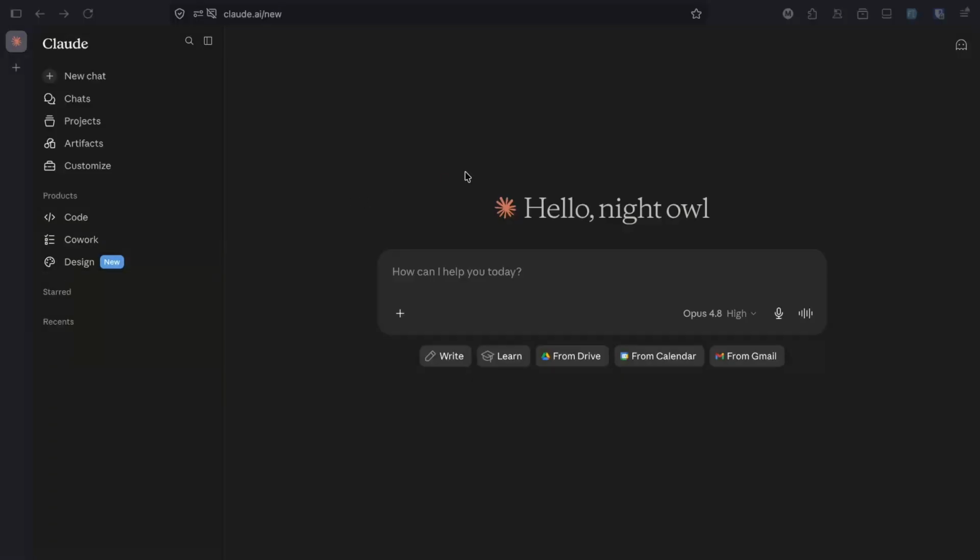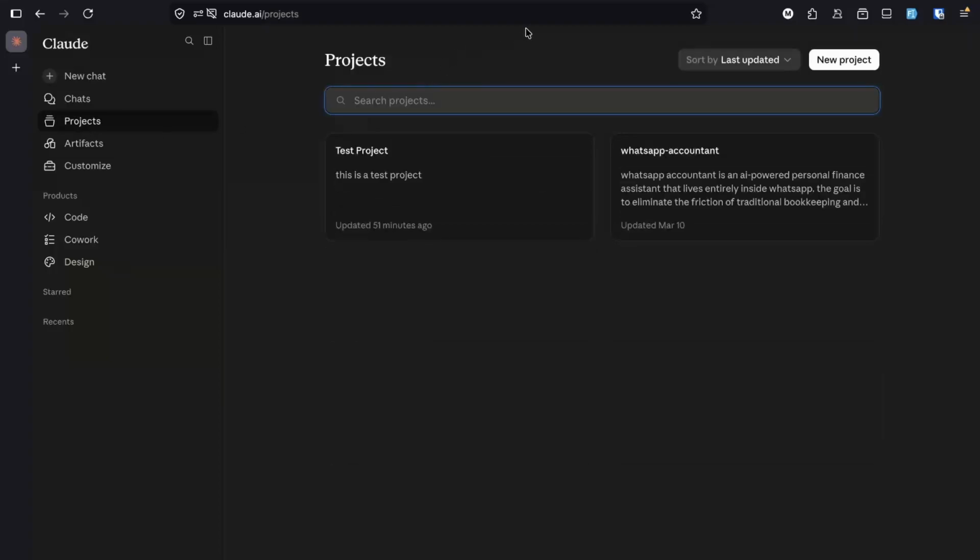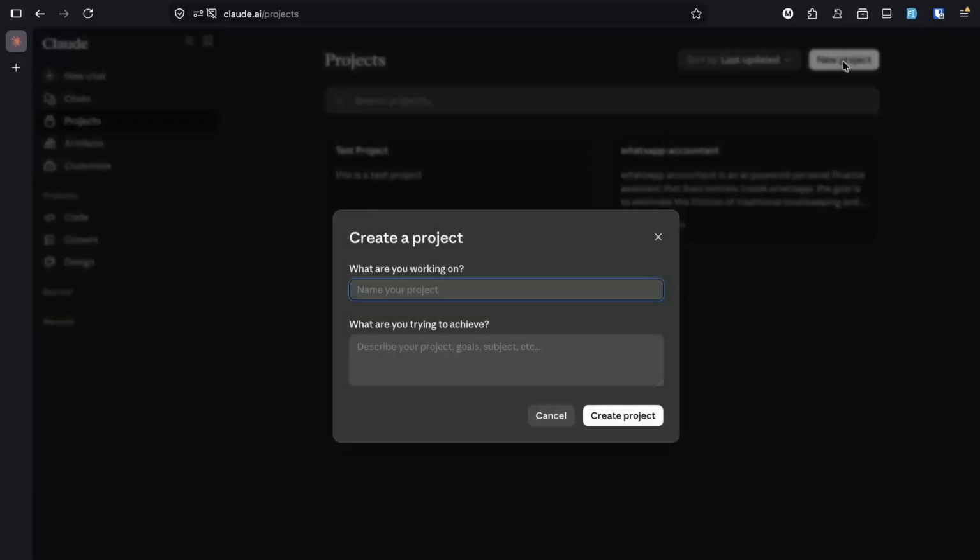Now we'll need to have this as a real setup, and how we're going to kick this off is I am going to create a project called snapshot photography, and I'll give you a quick glance of what snapshot photography does. And how we get to do this is we come to the left navigation, then click on projects. Then once you're here, you get to see all the recent projects you've created. But then we are more interested in this new project button. Then we can call it snapshot